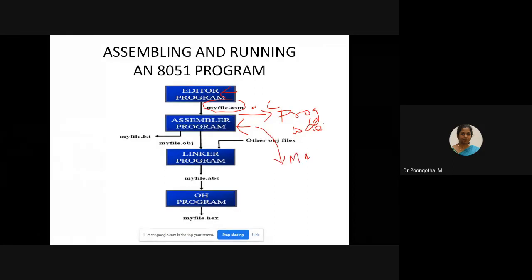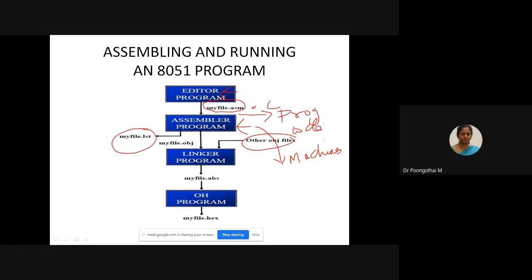What is the purpose of the assembler? It converts the assembly level instructions into machine code, and it will produce two files. One is the object file, the other is the list file. The extension for the object file is .obj and the extension for the list file is .lst.